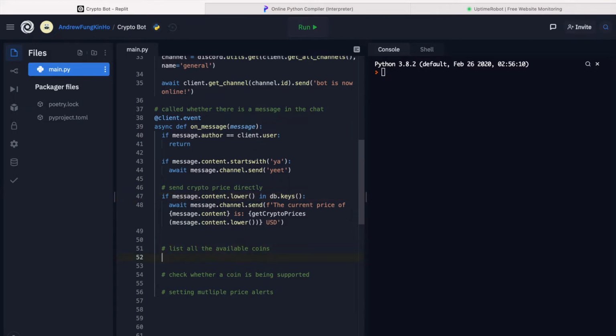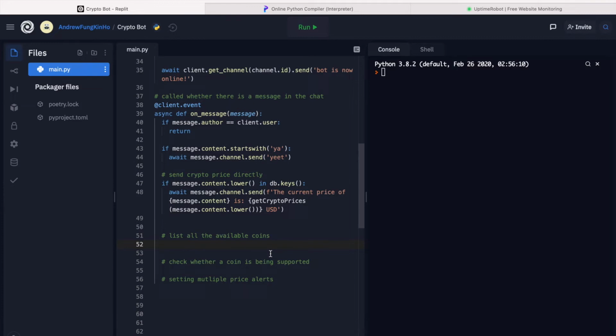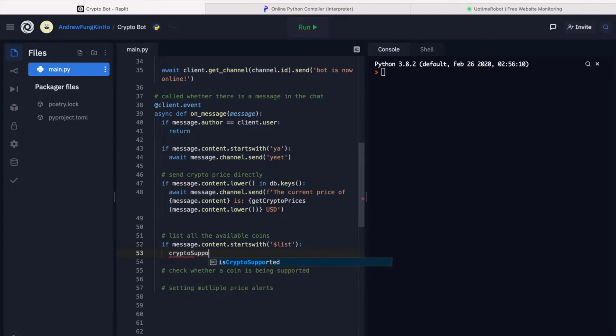And the second task is to list all the available coins supported by this bot. So if the message.content starts with the command, which is $list, then we will give the users a list. So we first create a list, which is crypto supported list. So we can do some list comprehension.